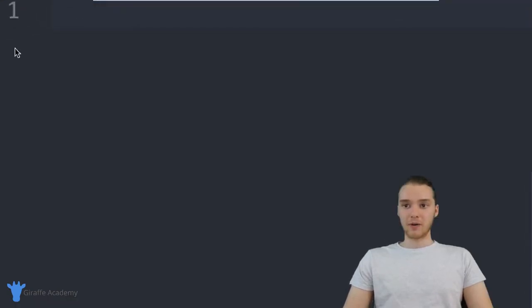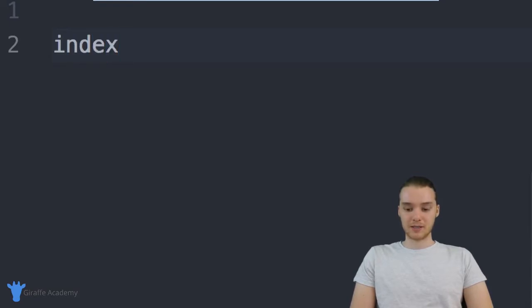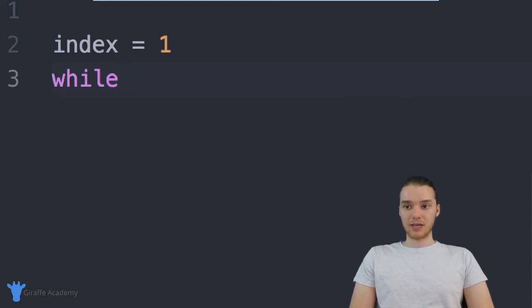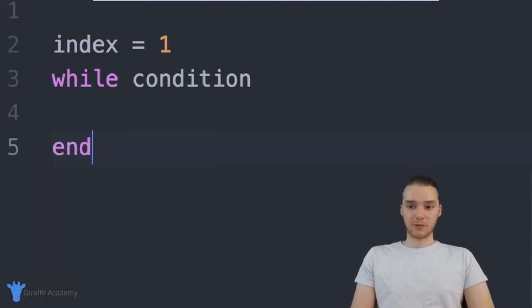So over here, I can actually create a while loop. And the first thing I want to do is actually make a variable. And this isn't 100% necessary when working with while loops, but you'll see how this variable comes in a second. So I'm just going to call the variable index, and I'm going to set it equal to 1. So we have a variable index, and it has a value of 1. And down here, I can actually create my while loop. So the first thing I'm going to do is just type out while, and then what I need to do is I need to specify a condition. And you always want to make sure that you end these off, so I'm just going to put an end